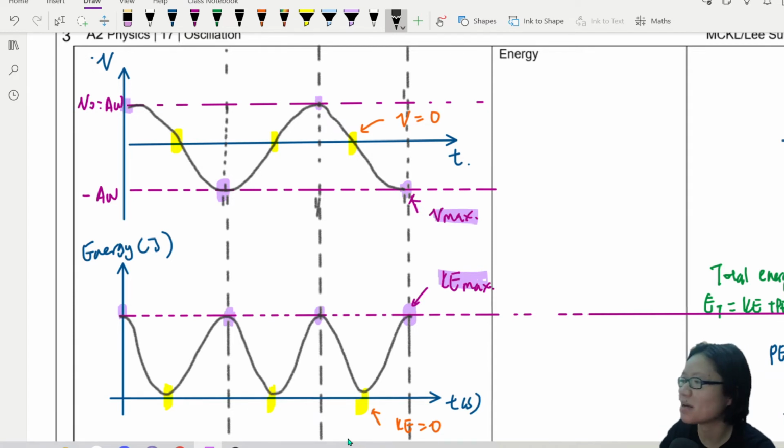Okay lah, good enough. I am satisfied. Okay, but you may be thinking, teacher, got equation or not? Got. I can give you the equation. No problem. So the equation will look